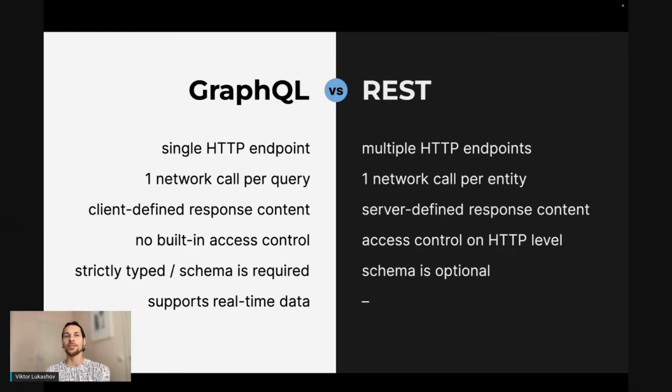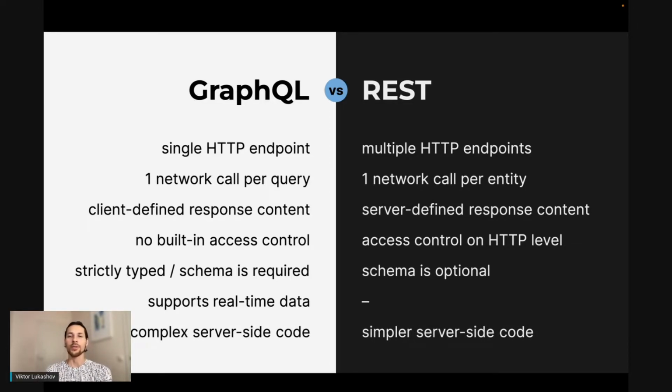Whenever the server detects changes to that subset of the data graph, it would push updates to your GraphQL client, supporting real-time data updates. With REST, it is much more complicated to build something like that. Of course, there are ways to do it, and you could create long polling, or you could just poll in a loop, but there is no support for you from REST as the protocol there.